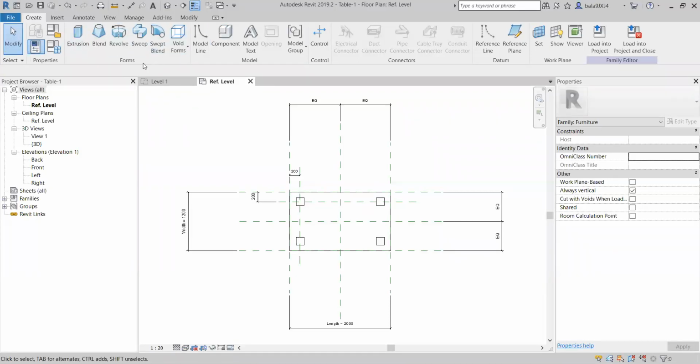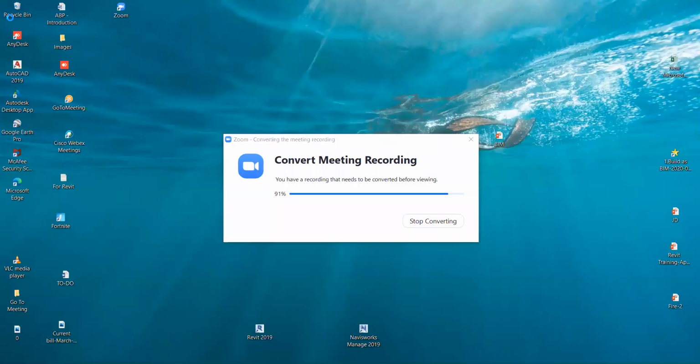Now we are discussing these forms only. If you understand this concept about the parametric, I will explain in a straight way how to use these shapes. To explain this, I will use a different family. I don't want to disturb this table. I want to create one more family. So now we are going to discuss how to use these 3D forms, solid and void,